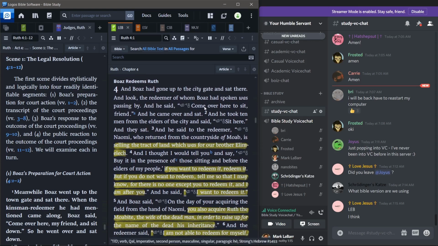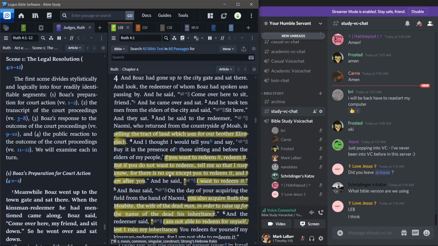Verse 1. And Boaz had gone up to the city gate and sat there. And look, the Redeemer of whom Boaz had spoken was passing by. And he said, "Come over and sit, friend." And he came over and sat, and he took 10 men from the elders of the city and said, "Sit here." And they sat. And he said to the Redeemer, "Naomi, who returned from the countryside of Moab, is selling